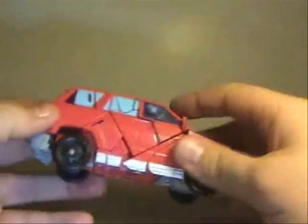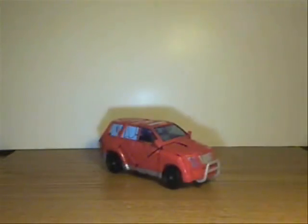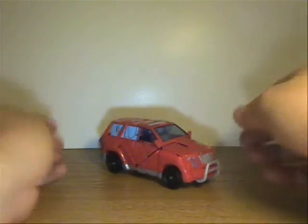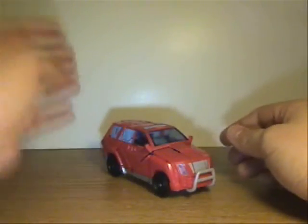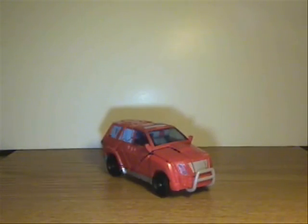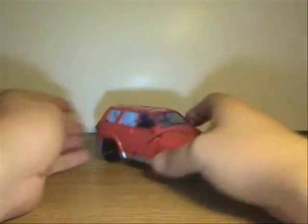I mean, I don't really know what else to say. I mean, I'm not all that impressed with it. It's kind of a disappointment. I really want to like this. I really, really do. But hopefully the Henkei version is just going to have better